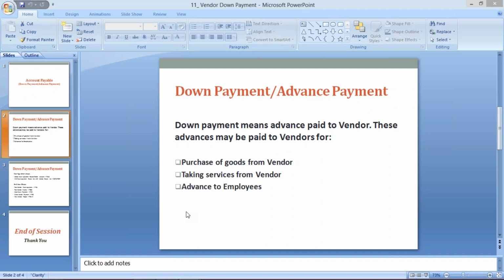Apart from this, even in case of services, advance to an employee is also treated as a vendor itself, because they are giving services to the companies, and in return they are getting salaries, they are getting a certain amount from companies. So these are all cases where we need to pay certain advance payments. But if you talk about employee advance payment, that will be part of HR. They have separate treatments and other things. But if we talk about purchase of goods, and you have to pay advance to the vendors,